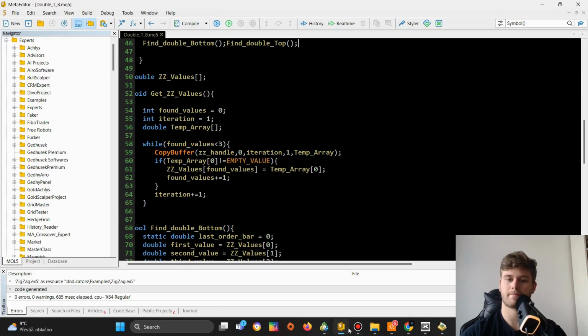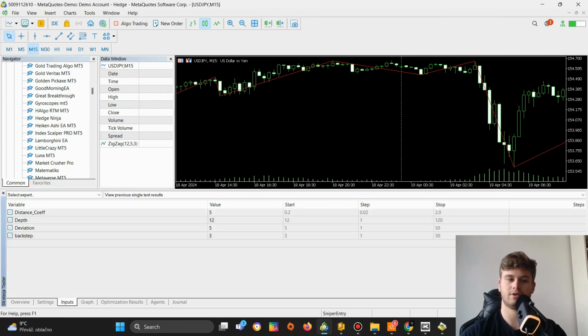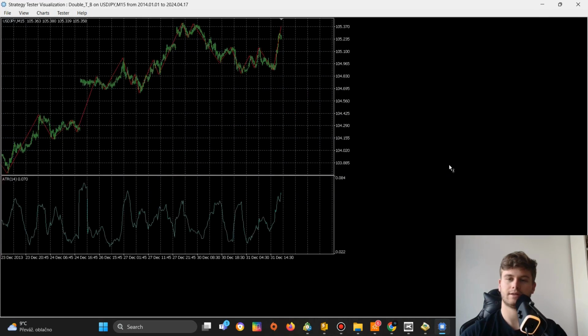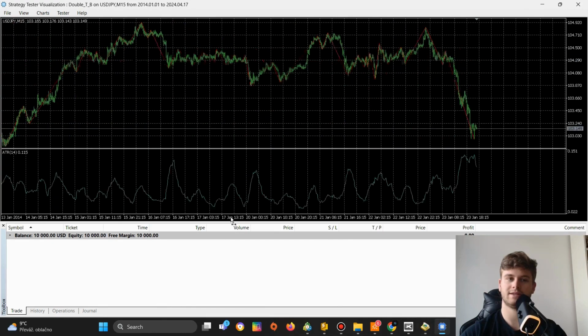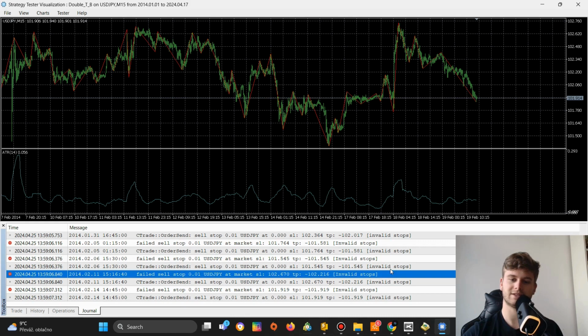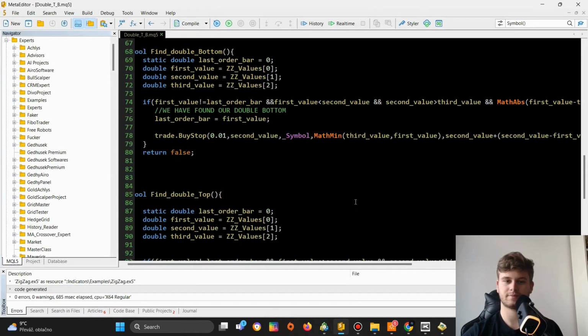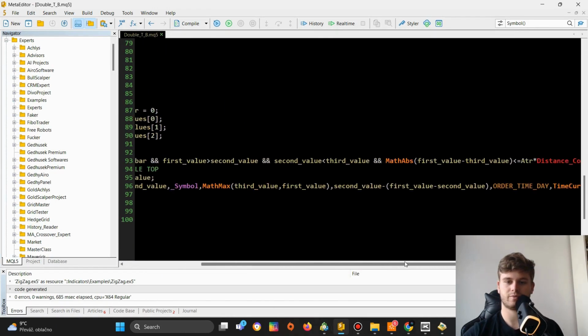So let's try one thing. Let's try to increase the ATR value, and now we will be able to see if the issue is with the ATR or not. Okay, so yeah, that's great, because now we know that we haven't found any patterns earlier because of the ATR distance. Now we find the patterns, but we can't open the orders because we have invalid stops. So let's check the invalid stops and let's repair it. Okay, so it was for the sell stop,